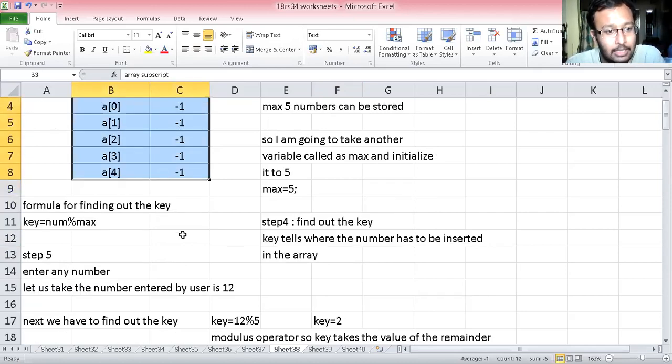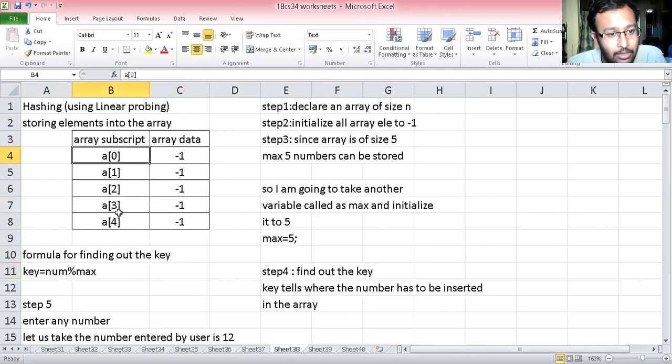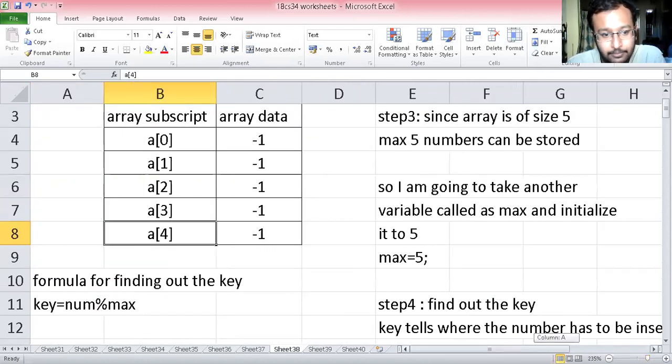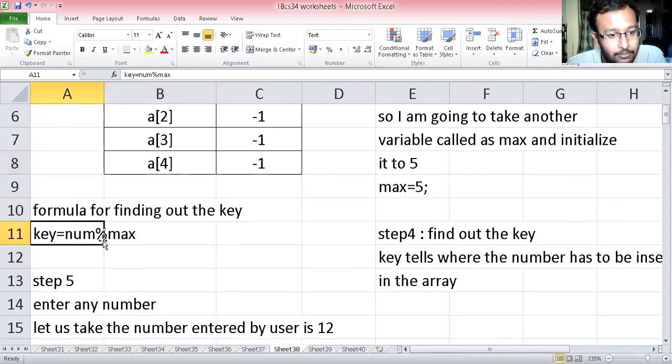First, we have to find out the key, where we have to place the number. Your key value will be anything between 0 to 4. Okay, students, you take max as 5. Observe the key formula given here: key is equal to number mod max.